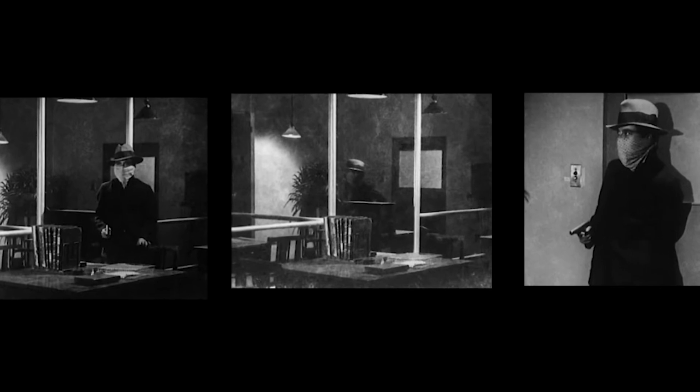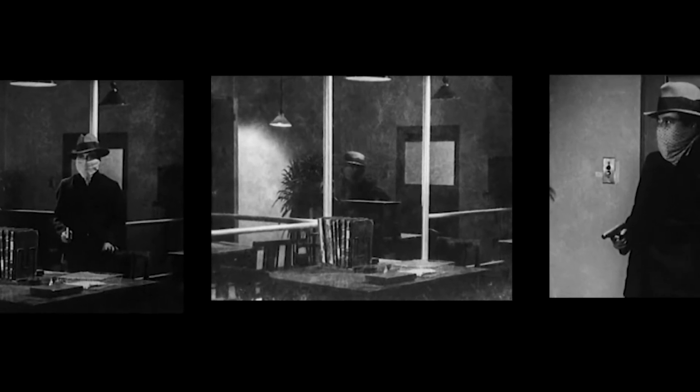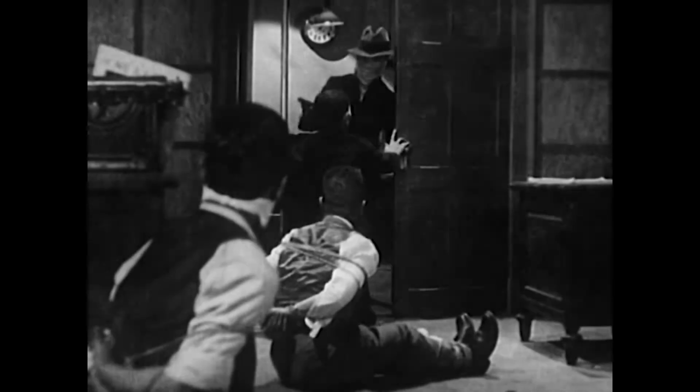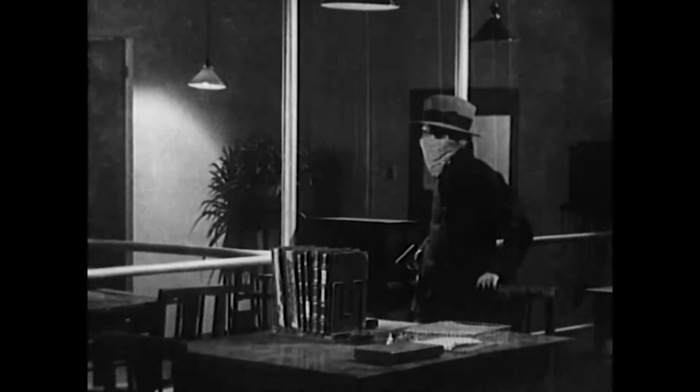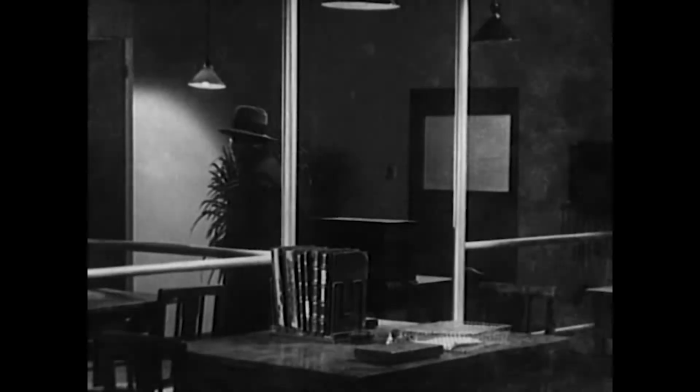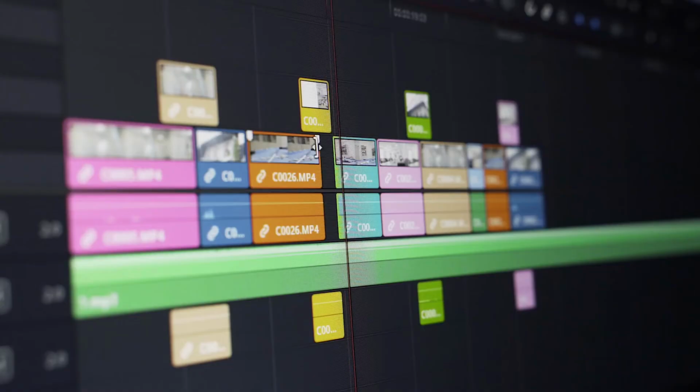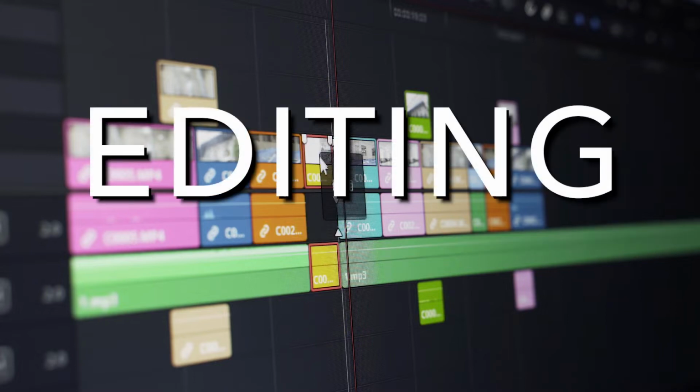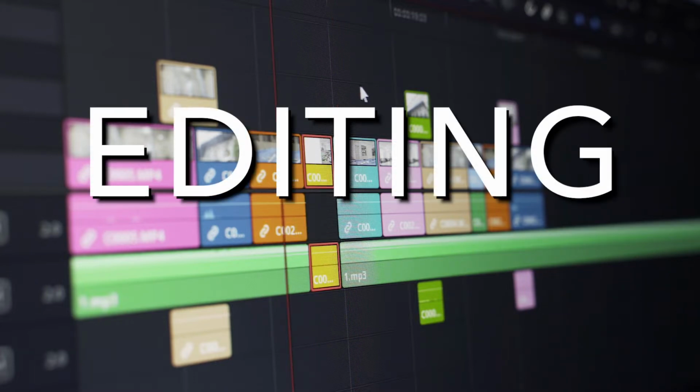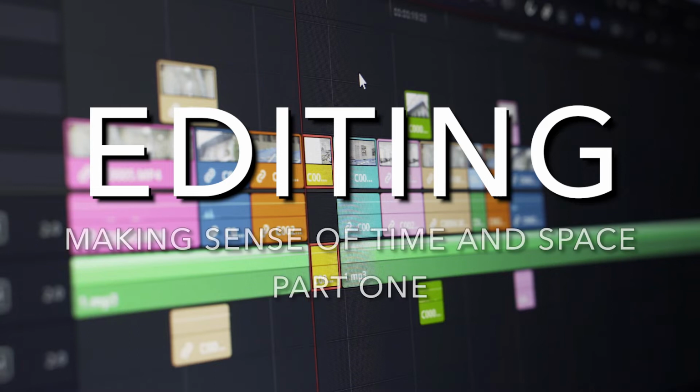We are now so used to how shots can relate to one another that we usually don't have to think about it. In a way, we have become fluent in a visual language with a set of grammatical rules to which we are accustomed. But in fact, there's no reason we should know why this shot is connected to this shot. Why do we assume that they have anything to do with one another or even exist in the same place and time, or even story? We call the combination and ordering of shots editing, yet another process of making deliberate and careful choices in filmmaking.